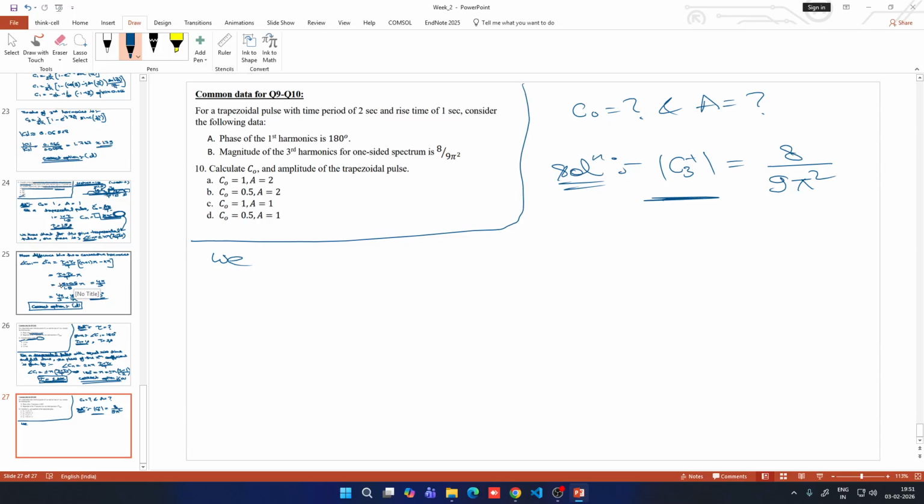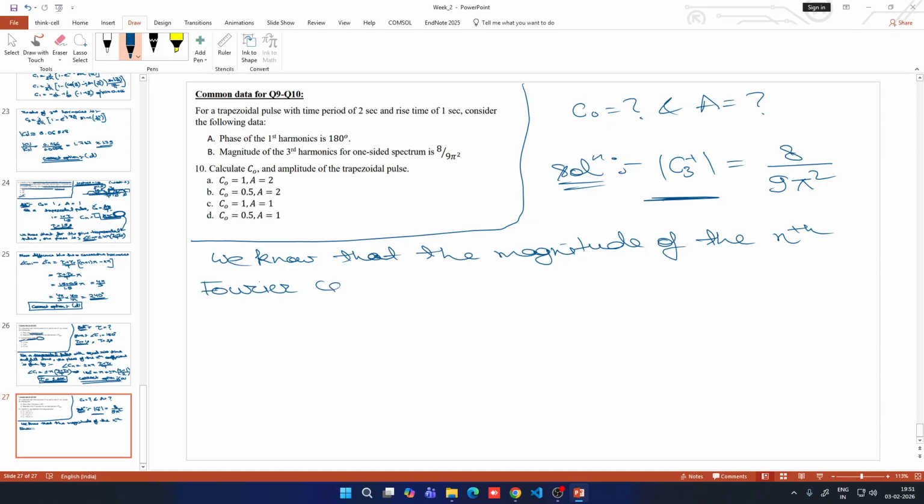The magnitude of the nth Fourier coefficient Cn plus, since I'm writing this for the one-sided spectrum, I'm multiplying with 2 A tau by T